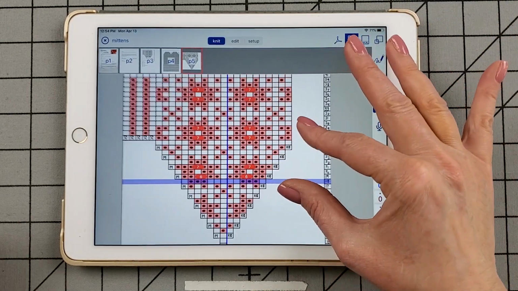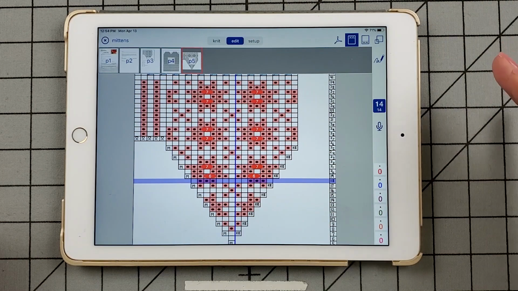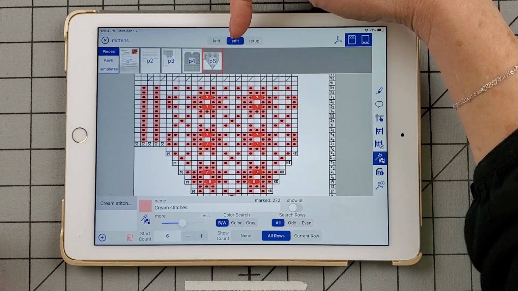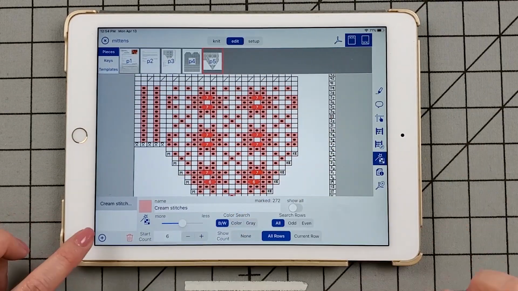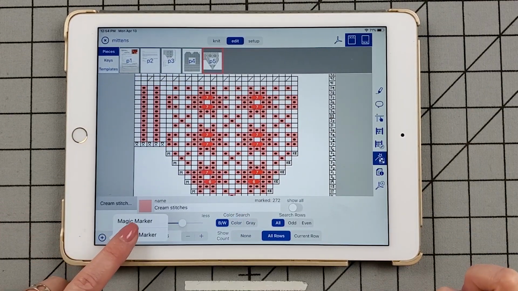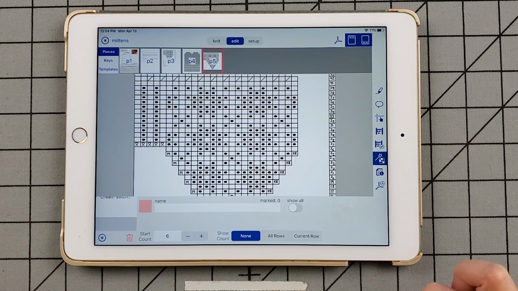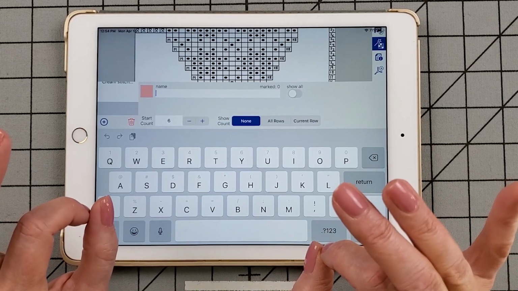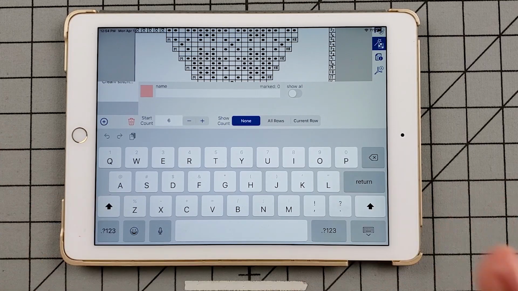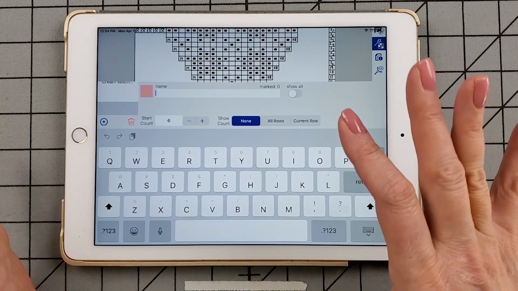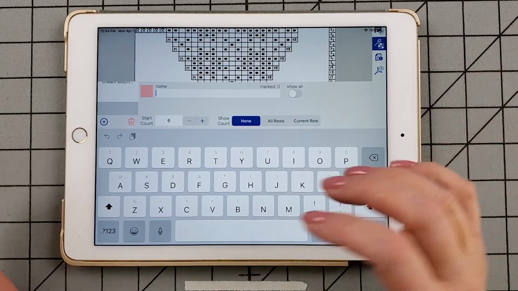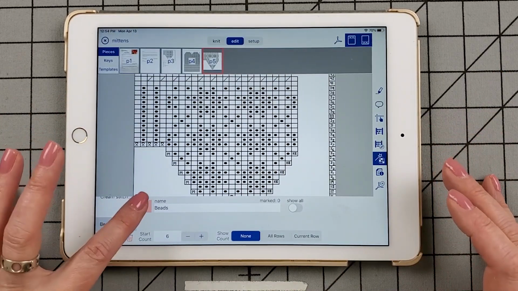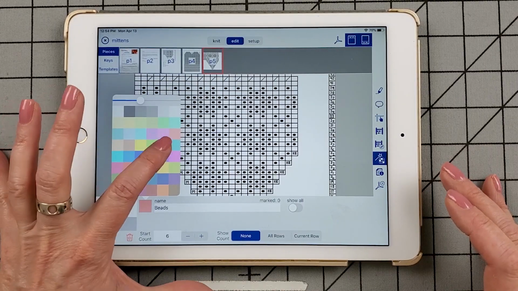Okay, one more thing to show you in the markers is custom markers. So I tapped edit, and we're still in the markers, I'm going to tap the plus down here and custom marker. And this is when you want to mark something in a pattern, for whatever reason, like the example of beads, where you're going to add beads is a good one. So I'm going to go ahead and label this beads. If you want to add beads to your knitting, we're going to change the color to green so you can